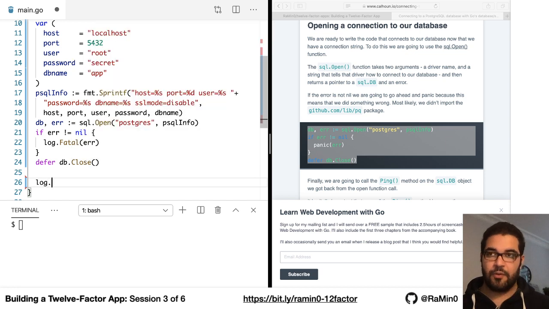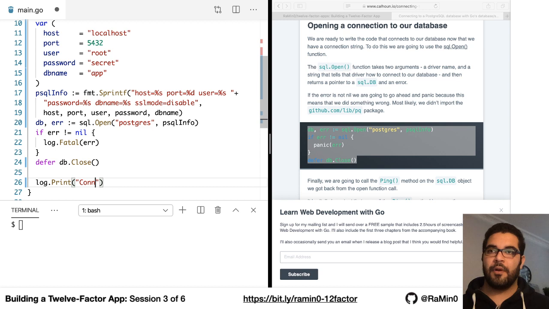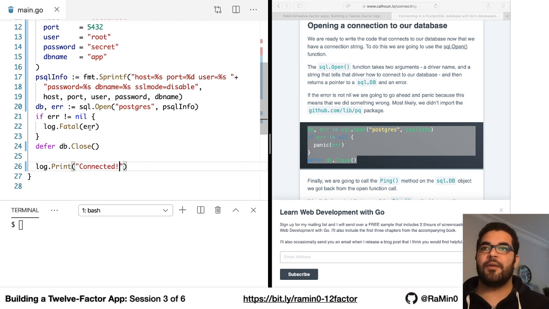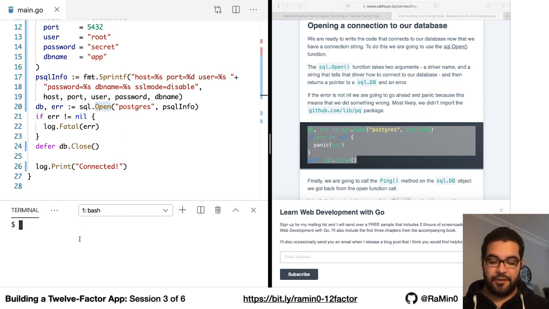Let me just type here, connected. So basically what happens is that if we try to open the connection and nothing went wrong, this message is going to be printed out. How this open function works is that it tries to open the connection, or prepares to open it, but it does not actually connect to the server. So even though I don't have a Postgres instance running, if I try to run this code,